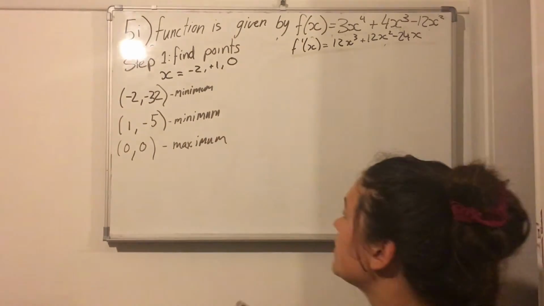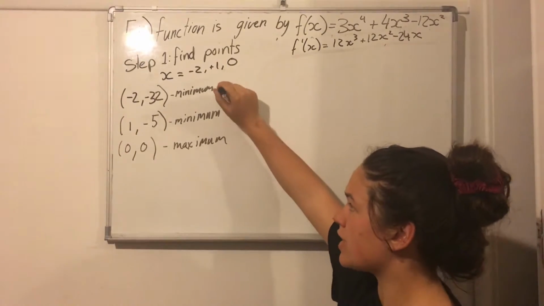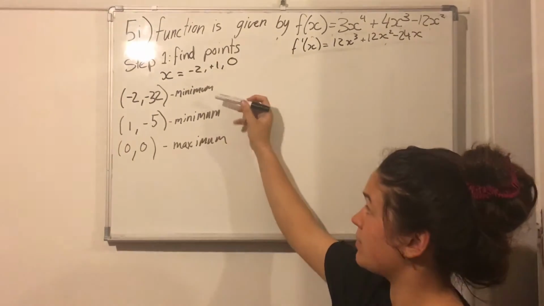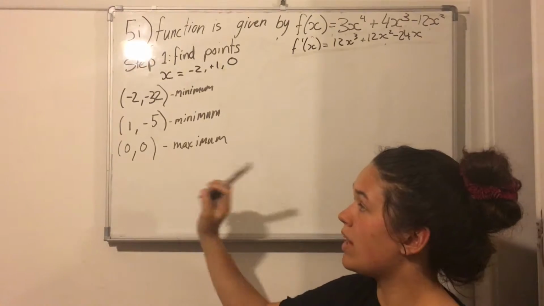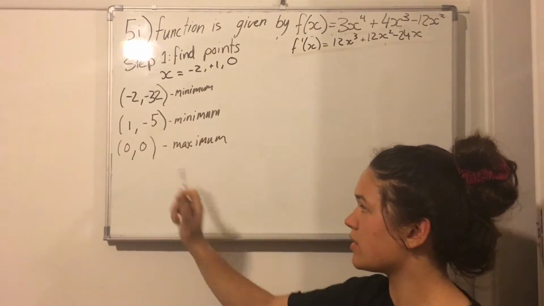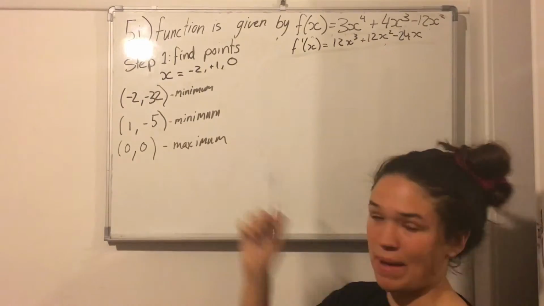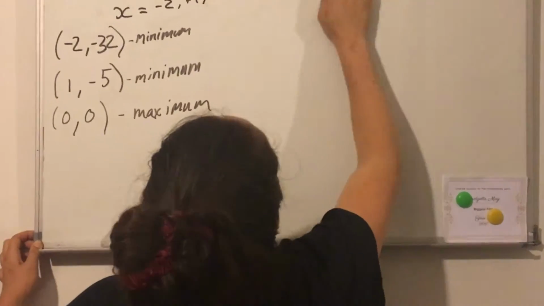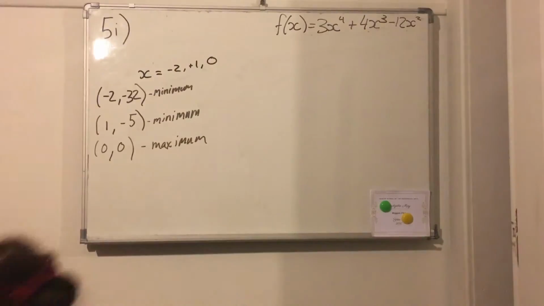Alright, so I've determined that the point -2, -32 is stationary and it's a minimum point. The point 1, negative 5 is a minimum point and it's stationary, and the point 0, 0 is a stationary point that is a maximum. So we're on to